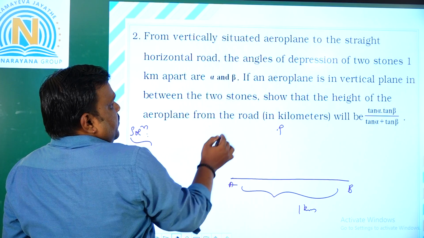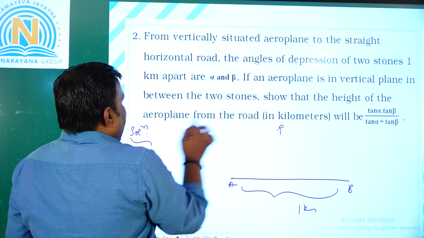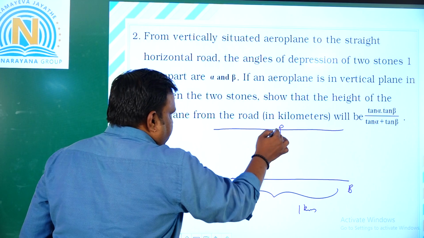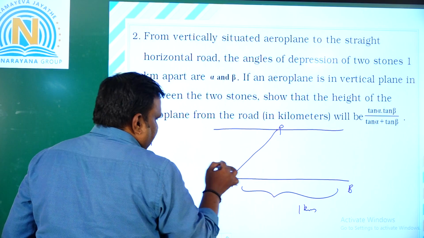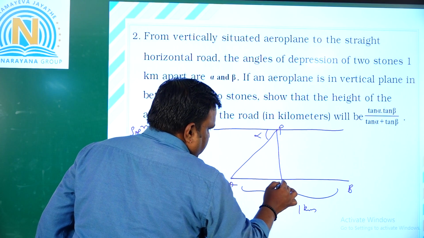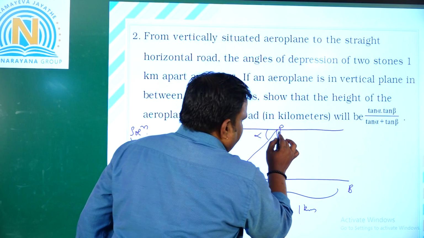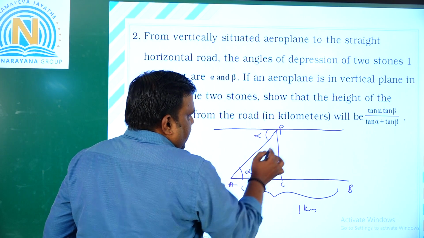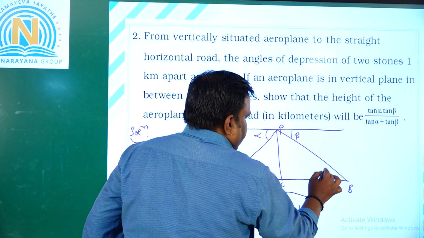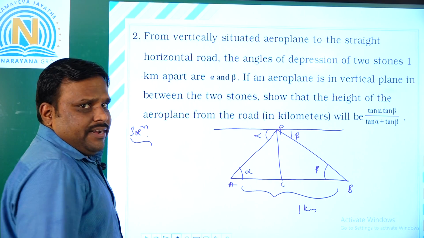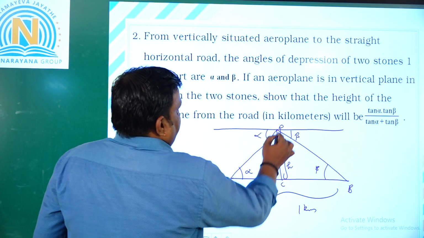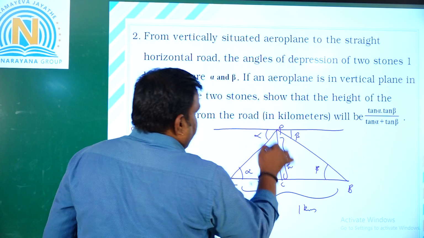Here if you observe properly, the plane is between the two stones. So this is the normal point, the normal observer part. From here the angle of depression to the first stone is alpha. Let us suppose from this plane, this is the perpendicular drawn to this road, named C. Since this is alpha, this also will be alpha. From the same plane, the angle of depression to the second one is beta. If this is beta, this also will be beta. So the second stone is completed here. Now, what is the part I have to find out? This is the height h of the plane. The plane is at a height h from the point C.